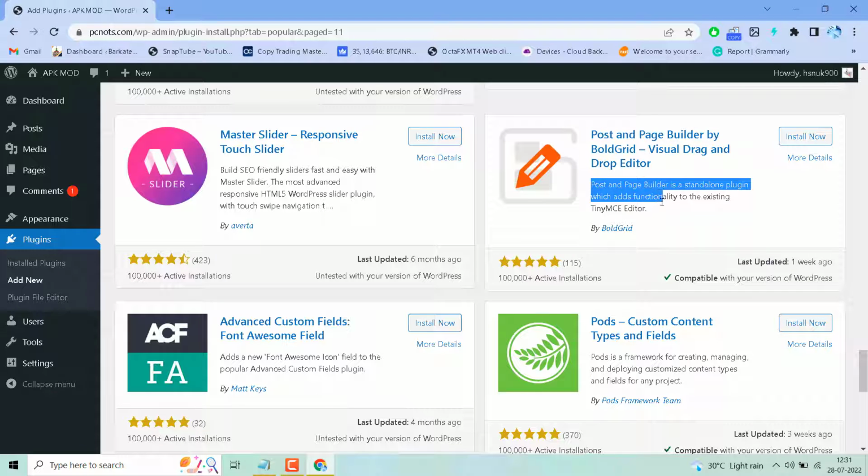So guys, you just have to install and activate, and you will see some more features and functionality in your TinyMCE editor. So this is a famous, popular, and useful plugin for your WordPress experience. So guys, if you are creating a WordPress site for yourself or for a client, use this plugin and share your experience